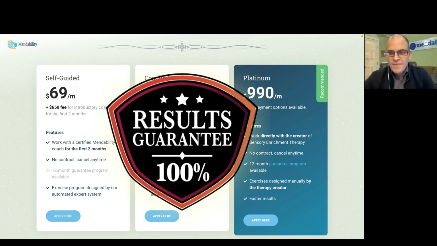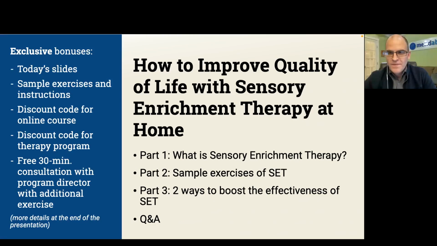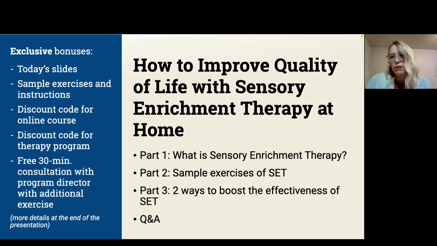Okay. What else do we want to say about this, Sarah? I think that pretty much covers it, right? For the program? I also wanted to say there isn't a commitment, right? I mean, that's really key, right? It's as long as what your family needs to be involved with.